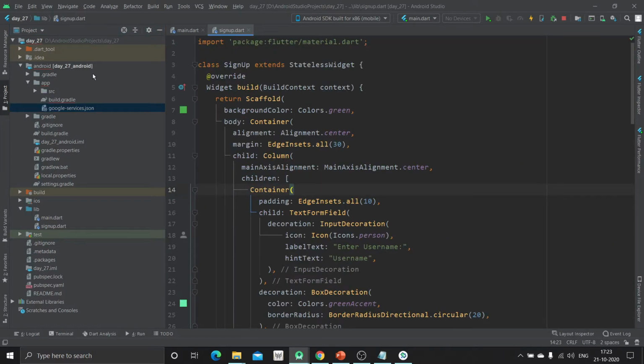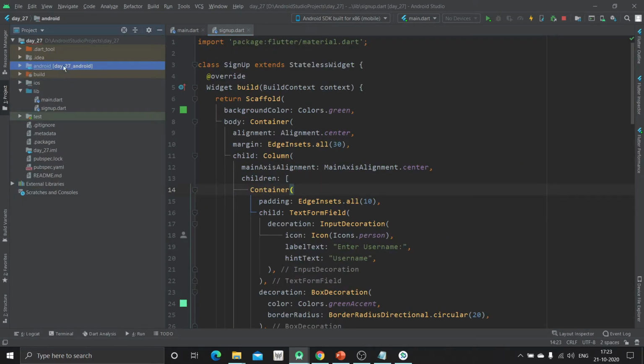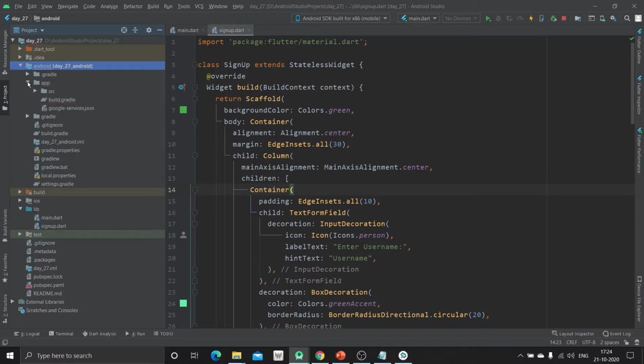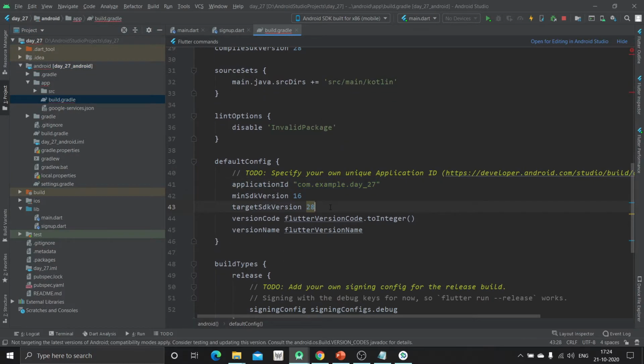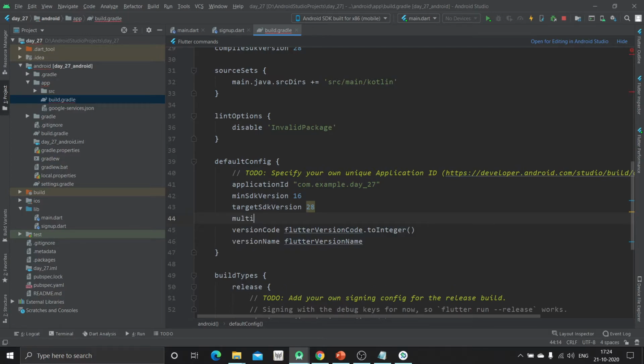Now the other packages that we have to import: go inside the Android app build.gradle and add multiDexEnabled and make it true.